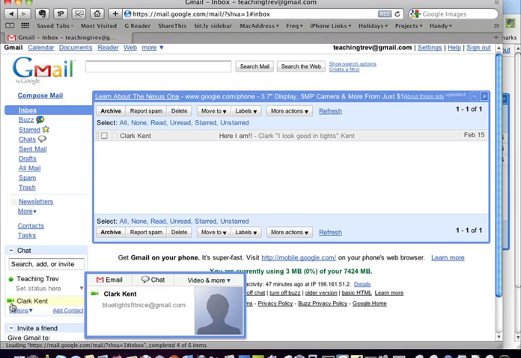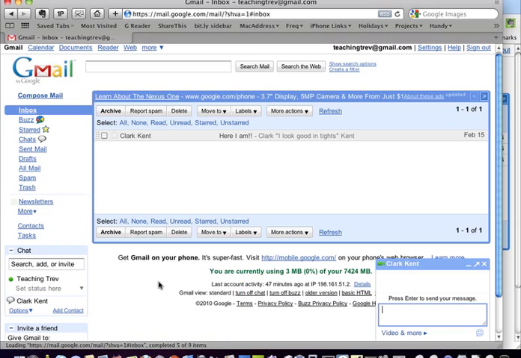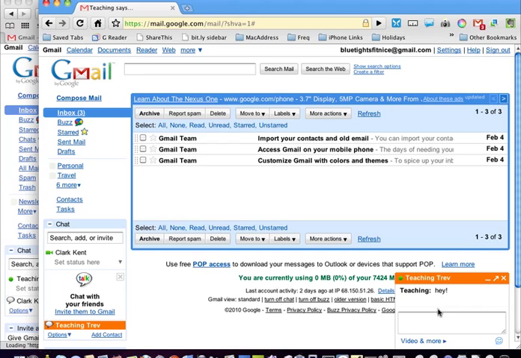Within this area, I can now just send him an email, or I can actually chat live. So we're going to do a conversation here just quickly, and you can see what happens. I'm going to send a message to Clark. Hey, did everyone hear that lovely sound? I'll have to turn the microphone up. Over on Clark's side, there's the message. And I can carry on a conversation just like you would any other time.